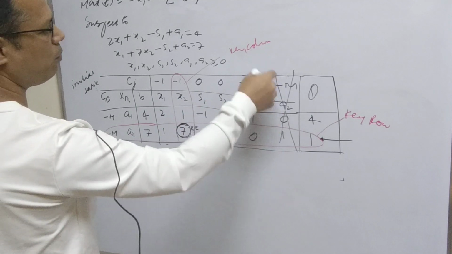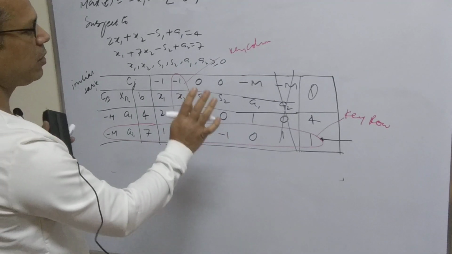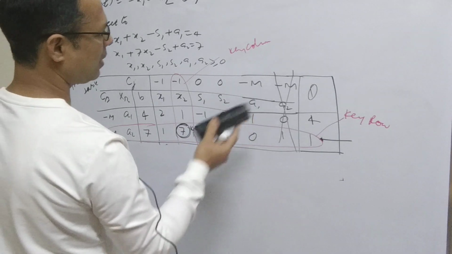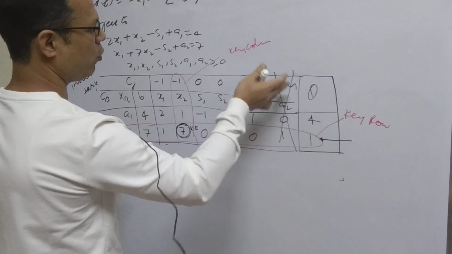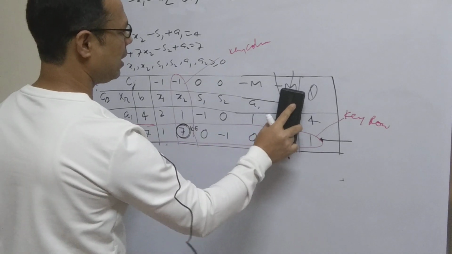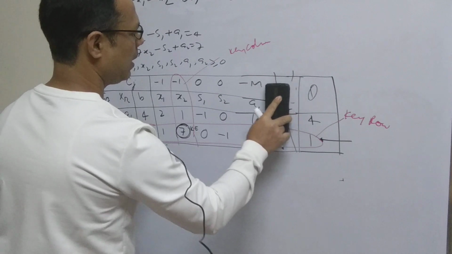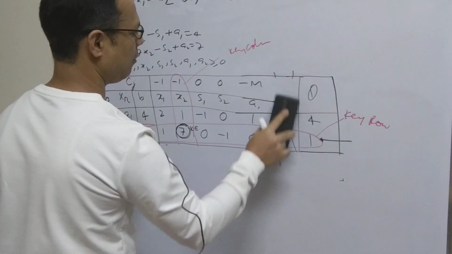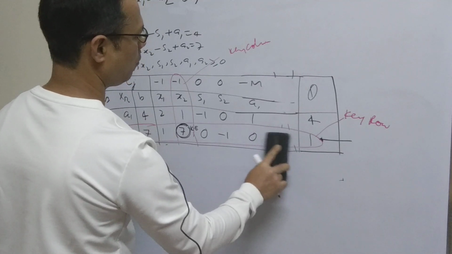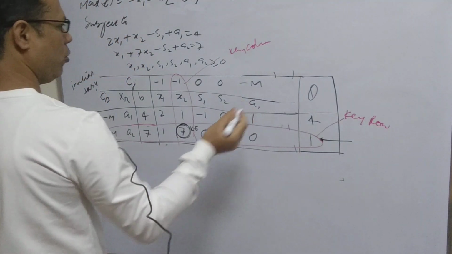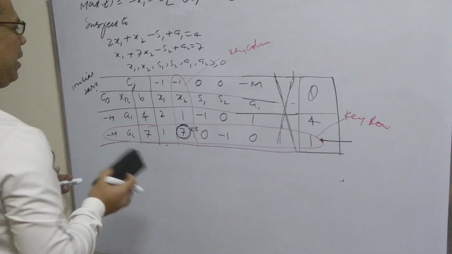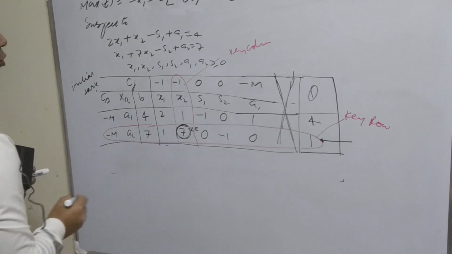But if you remove it here itself, some of the calculation stages will get removed, and there is no need to go through these stages. So it will be simpler for you. So now in the second table I am going to remove this M minus M, because A2 is going to leave the basis. So I am going to cut this part. So I have deleted from here, and we'll see what changes are going to be made in the table 1.